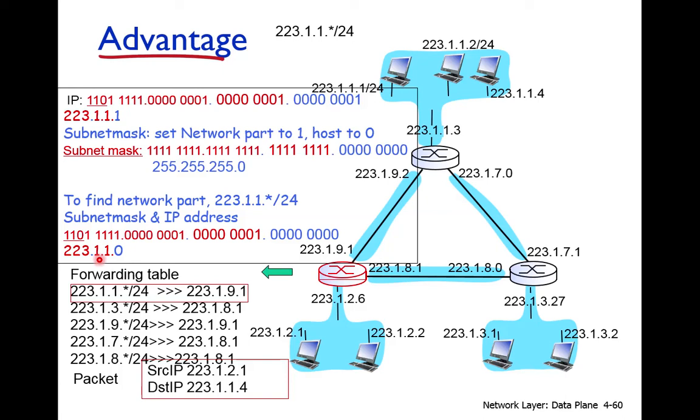This is the network part. So in this slide what we have discussed is that if we represent an IP address for any machine, we have to specify how many bits are network bits. So one way is that we can specify 223.1.1.1/24. With the /24 we specify that this is the IP address and the first 24 bits are the network